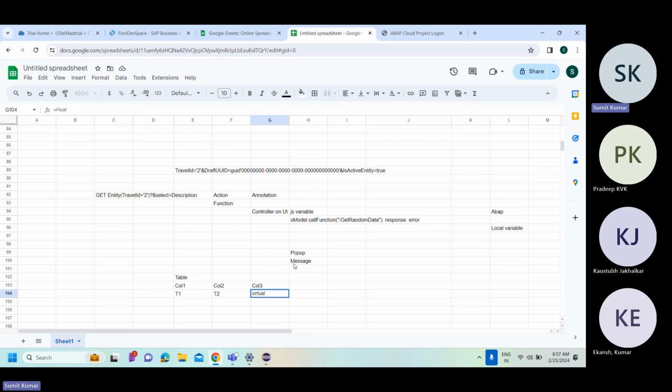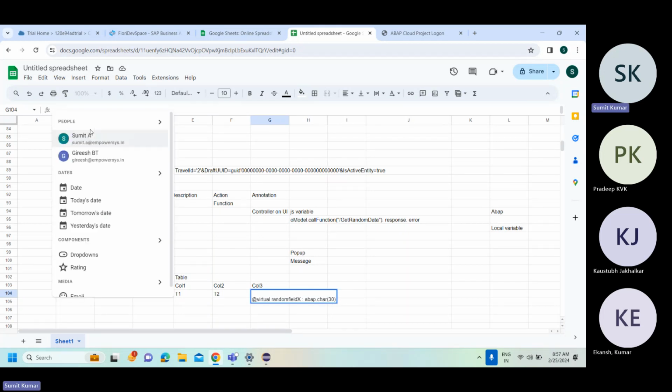This is on the CDS layer. Maybe it exists, or I can say it was there even before RAP existed. So this virtual field will help you define a field. For example, random field X, and the type of it. For example, I'll say ABAP char 30. And this ABAP char 30 will ultimately be bound with one more thing on top of it, so that this logic can get calculated,